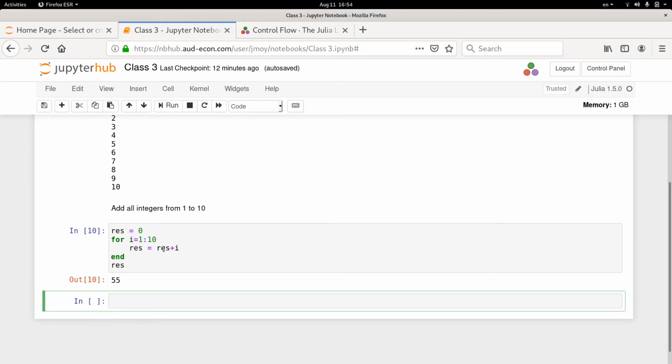So result becomes result plus 2, but result is already 1. So it becomes 1 plus 2. Then it becomes 3. Then 3 plus 4, and so on. Goes on till 10. So you end up adding all the numbers between 1 and 10. And you get the answer 55, which if you check with your n(n+1)/2 is the correct answer. Okay. So these are for loops.